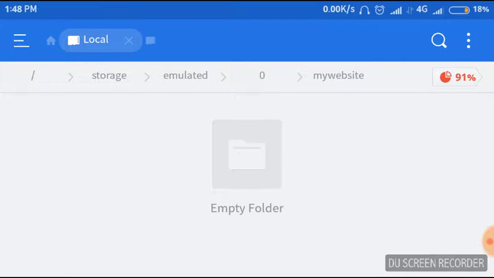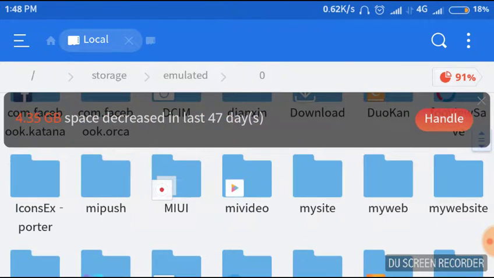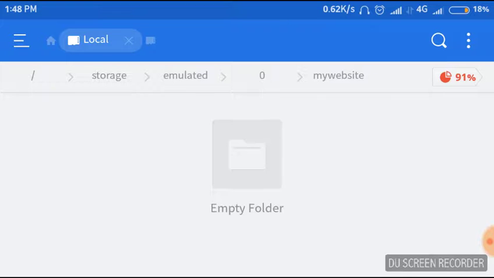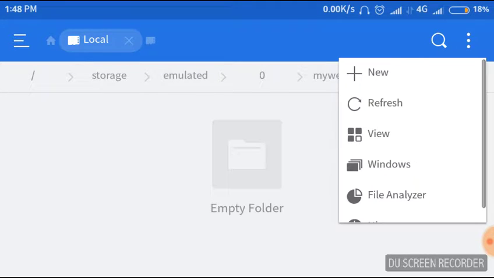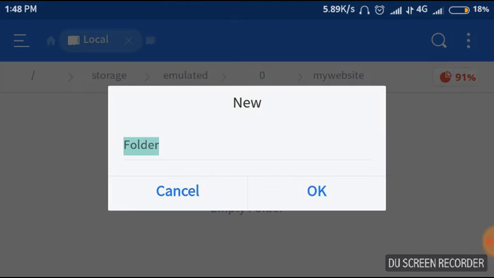Here you can see a new folder. Okay, copy your and create a new folder in my website folder. Name the folder